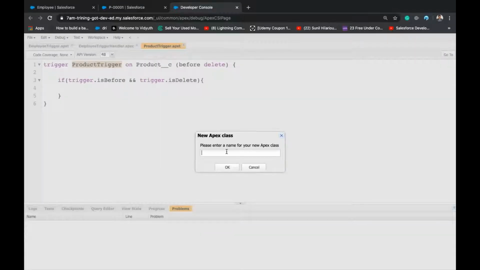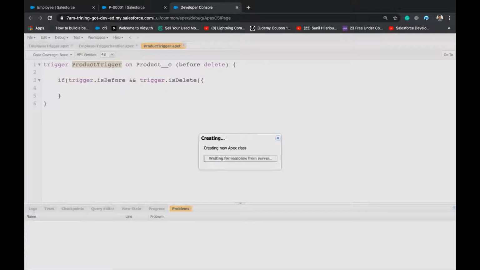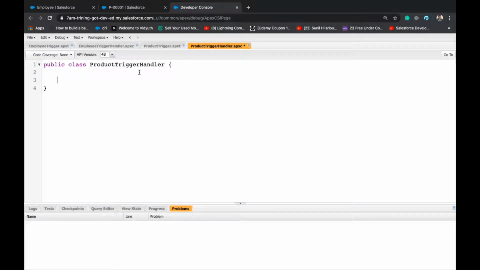Trigger handler is an Apex class, right? Public static void prevent delete.